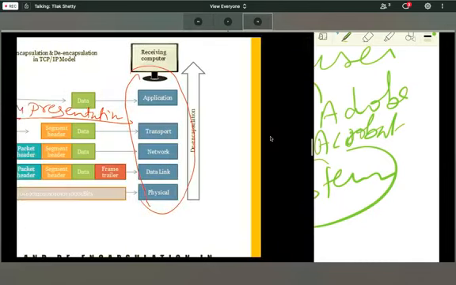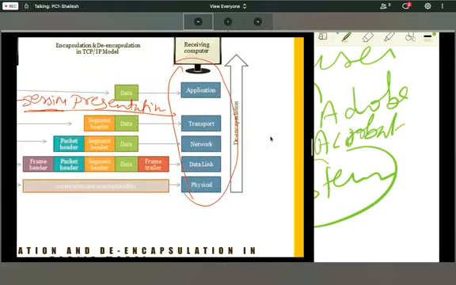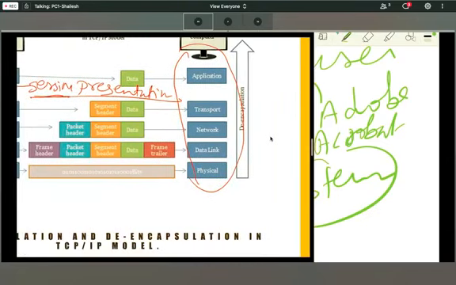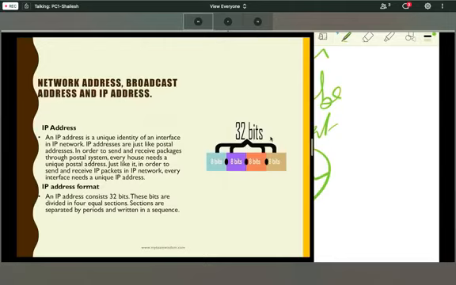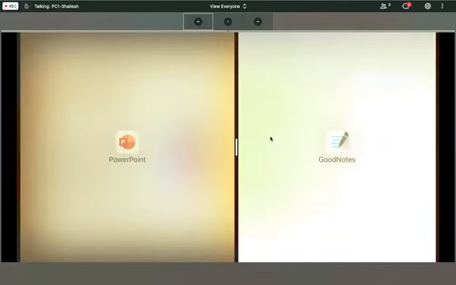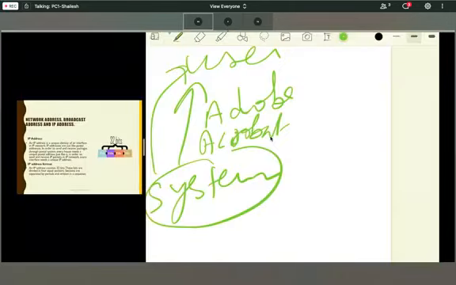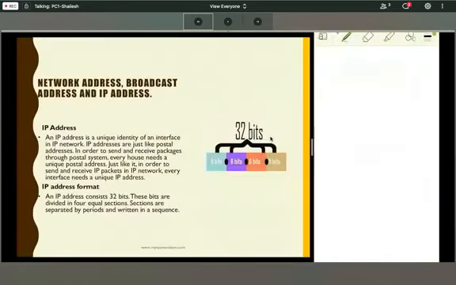Now we will see network address, broadcast address, and IP address. According to you, what is network address? What do you understand about that?